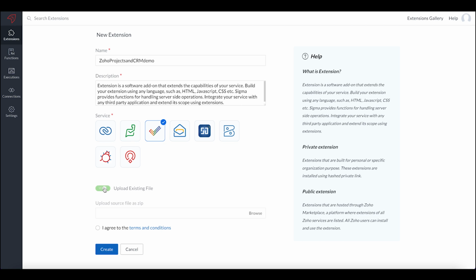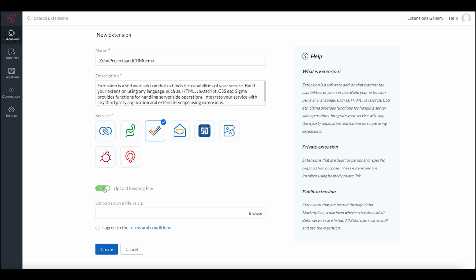Over here, we have a toggle option to upload an existing file while building an extension. In our earlier sessions, while we saw building extensions for the products CRM and Desk, for CRM, we saw that while we are creating an extension, we'll be redirected to an entirely different Zoho CRM developer console where we can build our extension.